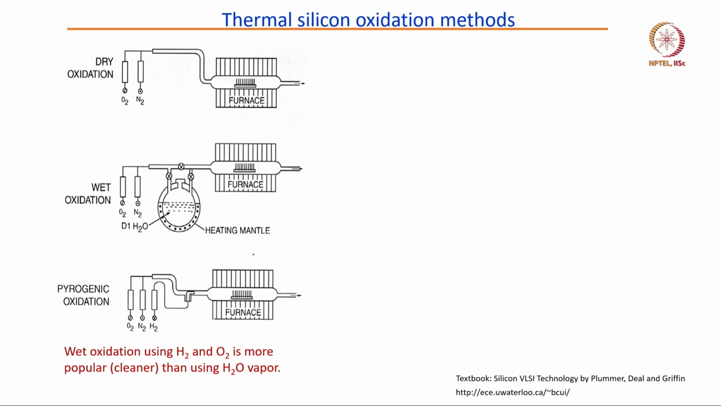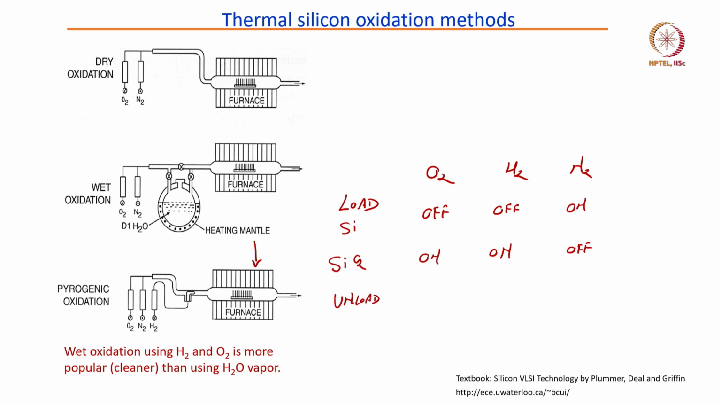So, in this particular case, we have O2, H2, N2. When you load the wafer, at that time O2 is off, H2 is off, N2 is on. When the silicon dioxide formation is happening, at that time O2 is on, H2 is on, N2 is off. When you unload the wafer, O2 is off, H2 is off, and N2 is on,